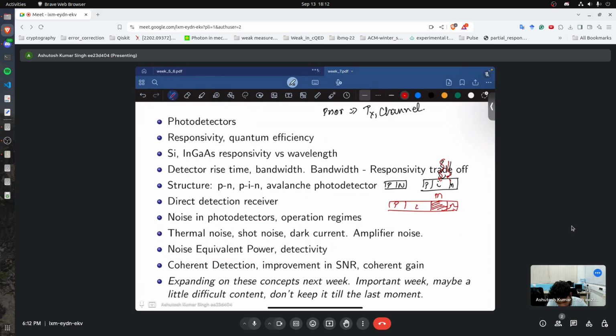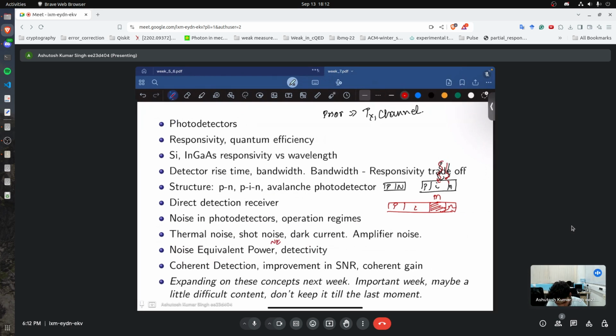This is also called NEP, found in the data sheet. And the inverse of NEP was detectivity. Then we looked at the coherent detection scheme and the improvement that it offers in the SNR, and the coherent gain. Explanation of these concepts in an important week may be a little difficult, but